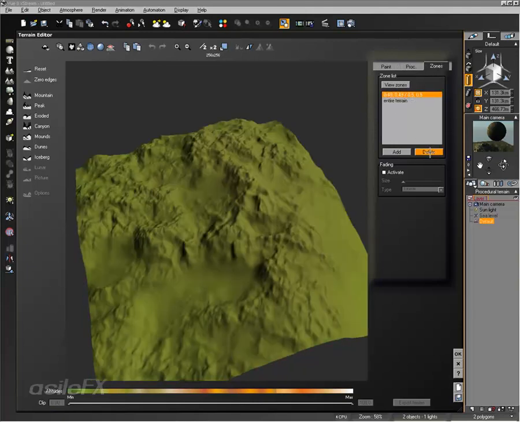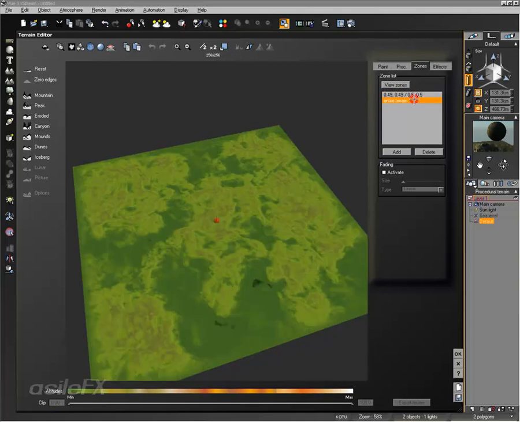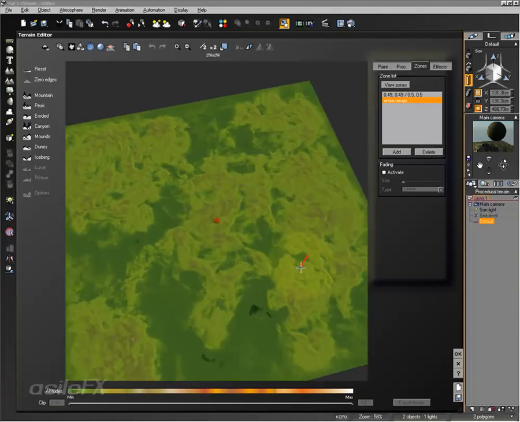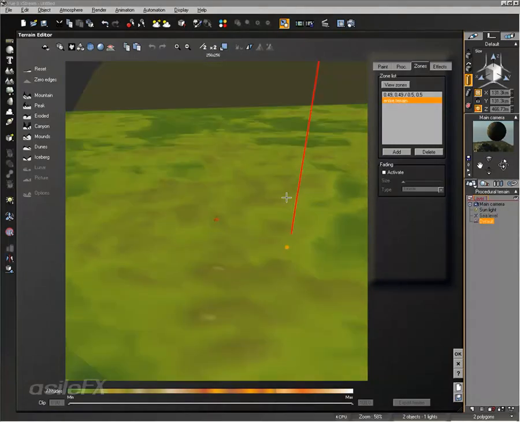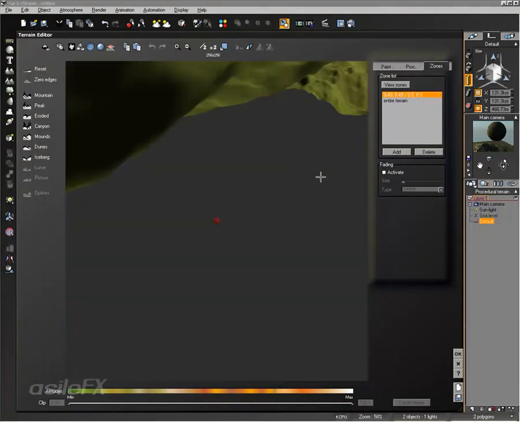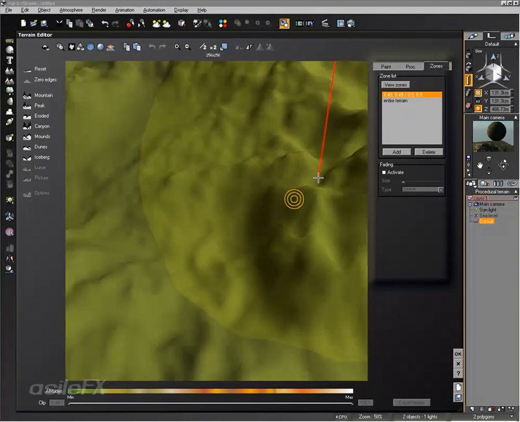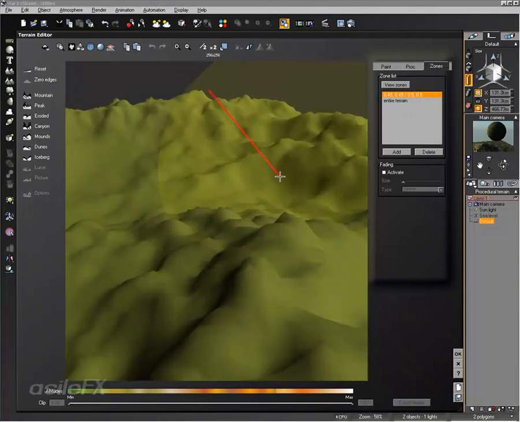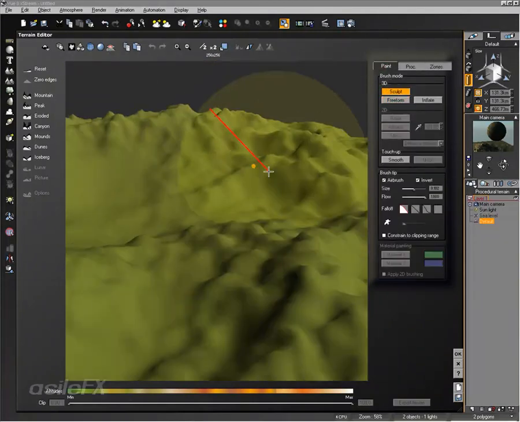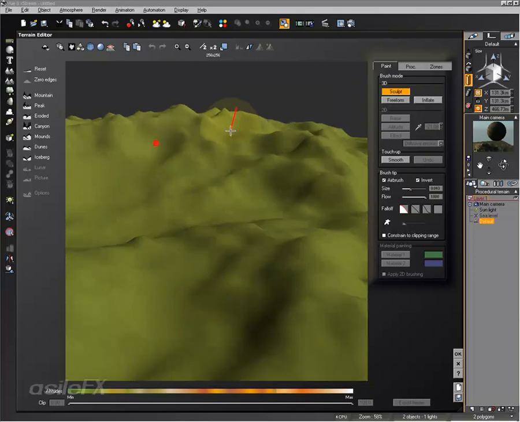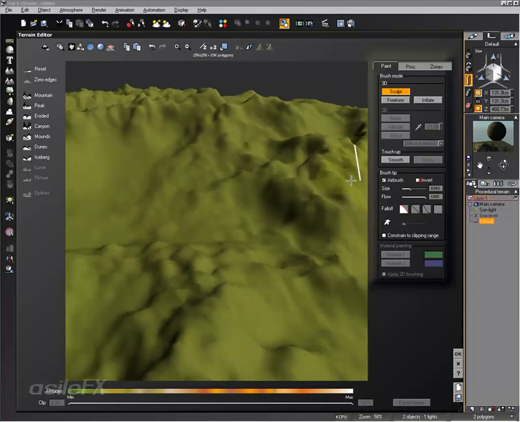You can add additional zones. You can delete them. Would not suggest deleting all of the zones. At the moment, that doesn't go well with the application. But now we can view the zone, so this way we can make changes if we want to, say, sculpt,